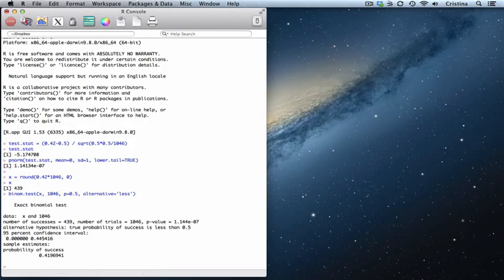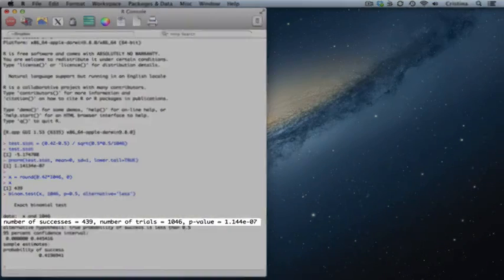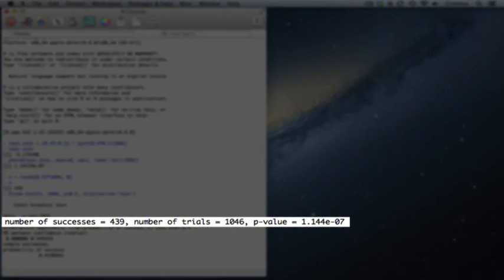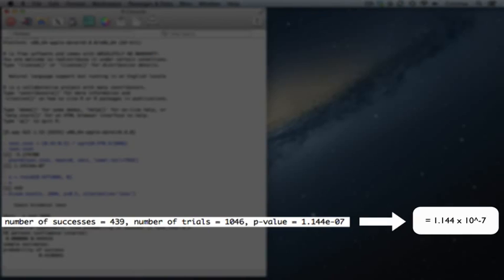Let's go through the output one line at a time. First, we can see that we have 439 number of successes in 1046 total number of trials. This yields a p-value of 1.144 times 10 to the power of negative 7. That is 0.0000001144. From the guidelines you've seen in the lecture, this p-value is extremely low, which will lead us to reject